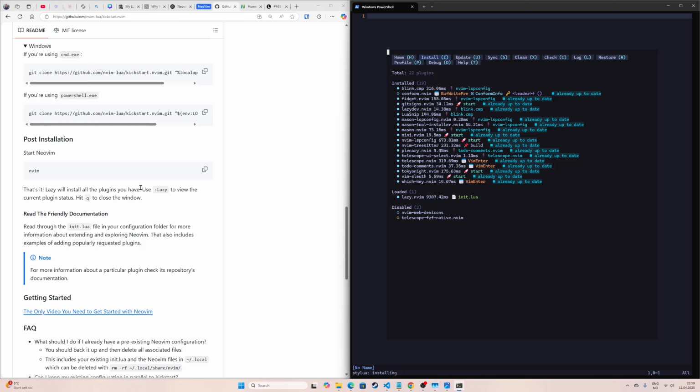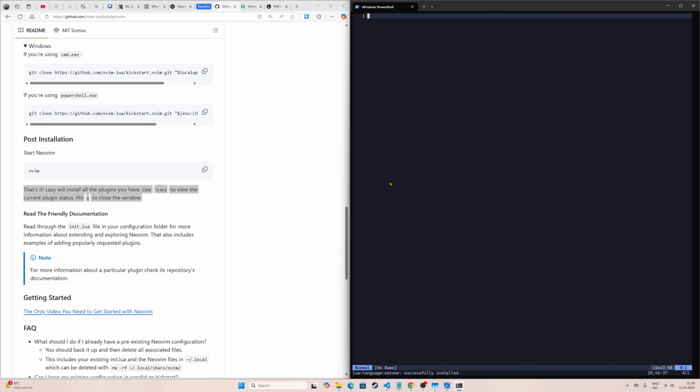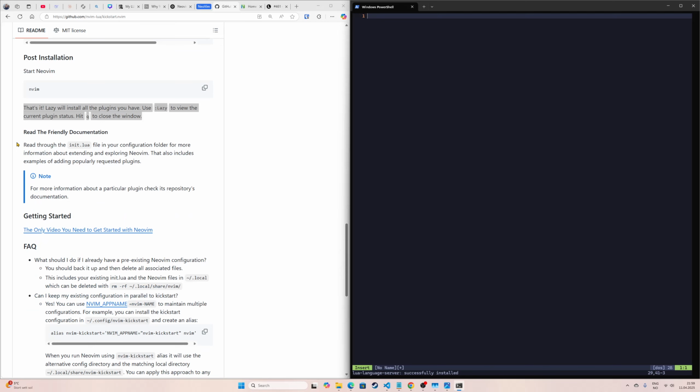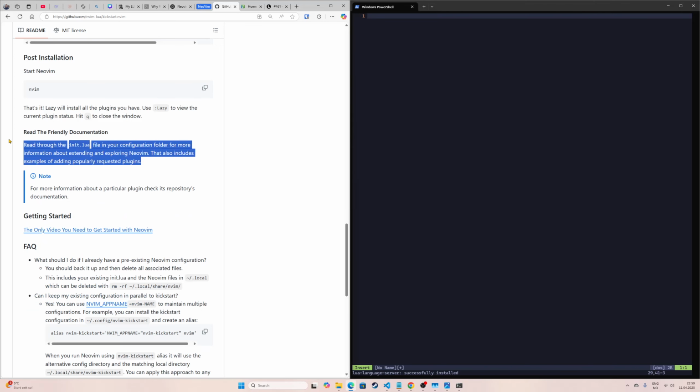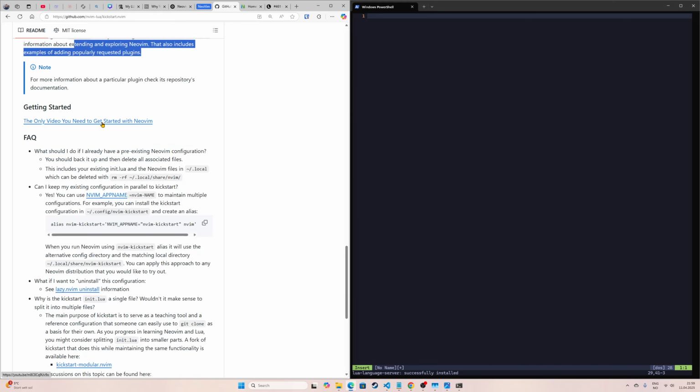That's it. Lazy will install all the plugins you have. Use :lazy to view the current plugin status. Hit Q to close the window. So all of these were updated. And hit Q to close the window. Okay, so now I'm here. Okay, I'm not gonna extend this now, but